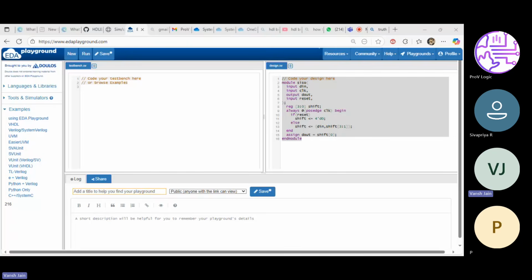One second. This is showing a syntax error. One second.